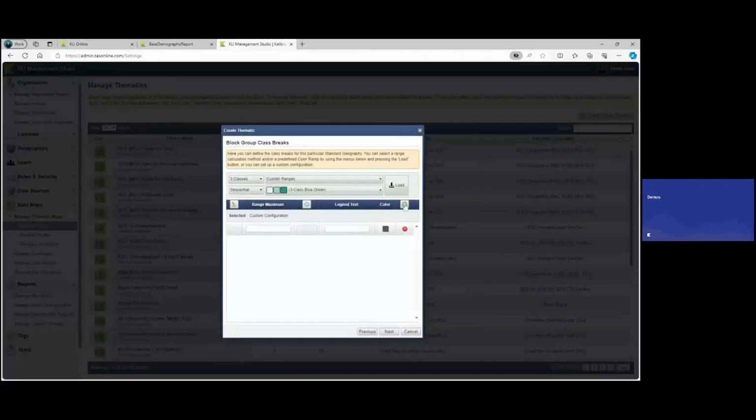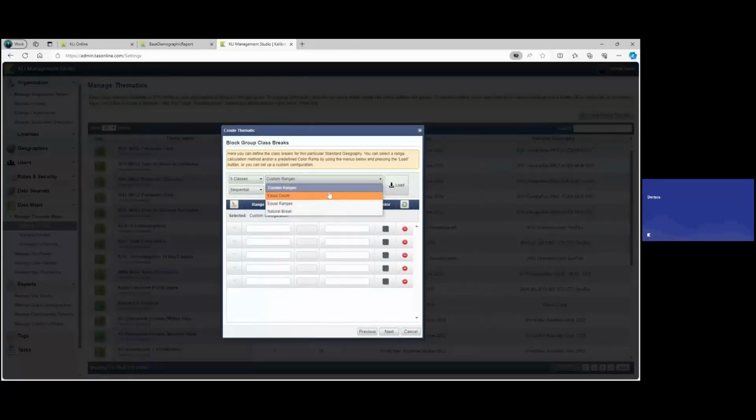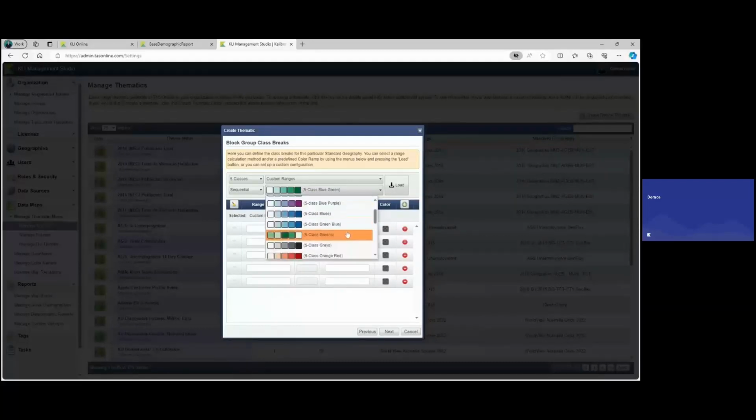Now in this step, I can create the number of ranges I'd like to use. In this case, I'll use 5. And you can see here, I can actually use some preset classes. I can even use different ways to calculate the different ranges for me if I'd like to do that. I'm actually going to use custom ranges, again, just based on preference. But if you selected any of these settings, when you hit load, it would actually do the calculation for you. Let's see here. I am going to use the blue-purple shade there, and then I'm going to load this in.